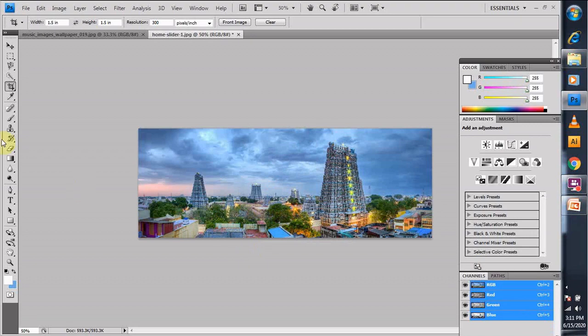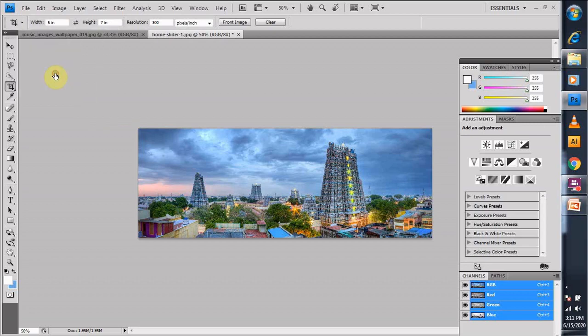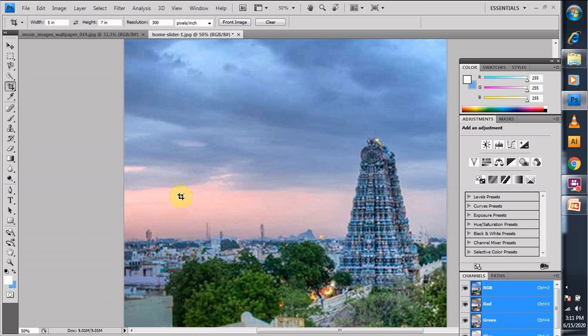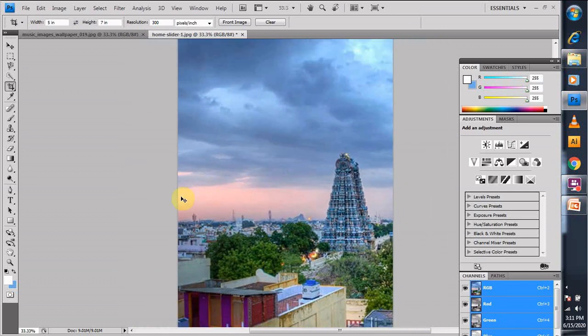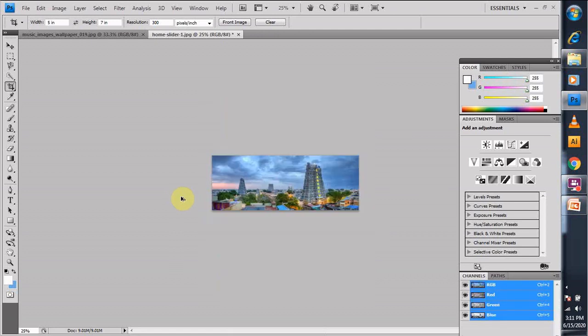I'll again undo the image. Here is an option of the crop. Here you can see you have the options 4 by 6 inches, various inches you can take up, like if you want 8 by 10 inches. Suppose I'll take the 5 by 10 inches crop option. So I can crop 5 by 10 inches only, not more than that. See, 5 by 10 inches, height is 7 and width is 5. So I'll press enter, and my resolution I have set to 300. That's why it is showing an increased form of image, that it has a high resolution. It is showing the resolution that we have set high.